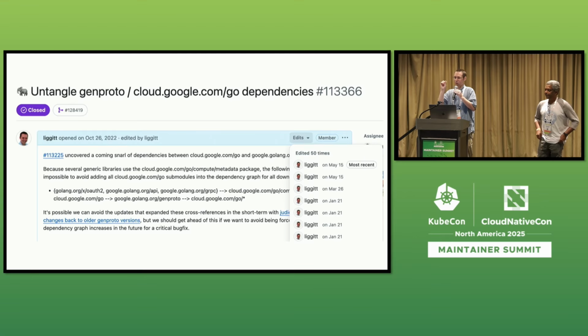Problem was, one of the types in this genproto was a generic RPC type, super generic, used by everything. The whole Go ecosystem imports this package, basically. And so that transitive dependency, the whole Go ecosystem to this generic package now has transitive links to Google Cloud libraries. And it was a mess.